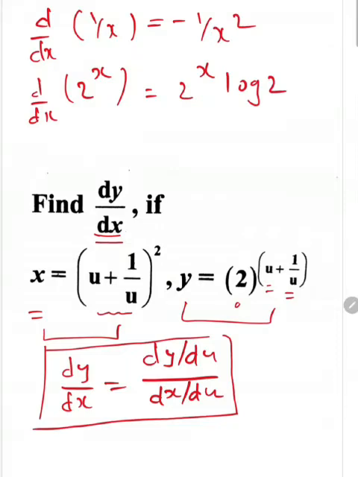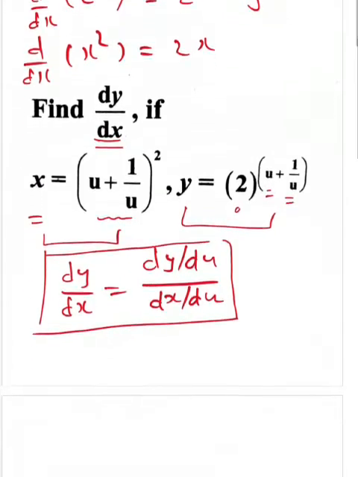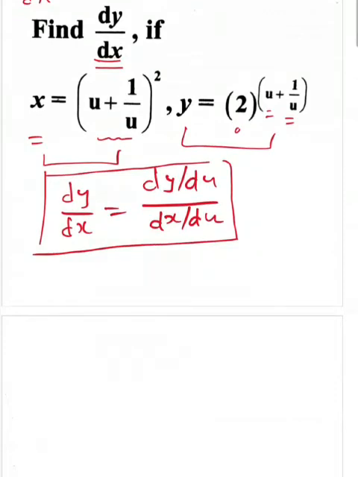I think these are a couple of concepts which you need to recall before we start this question, and the other two are very easy. Derivative of x square, I think everybody remembers, is 2x. I hope there is no problem with this, and derivative of x is 1. So I'll be using this basic concept to solve the question. Observe, I'll start with x.